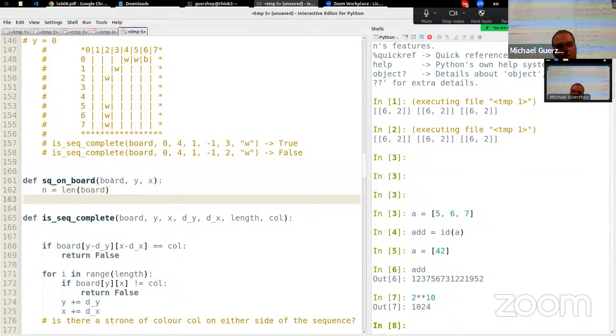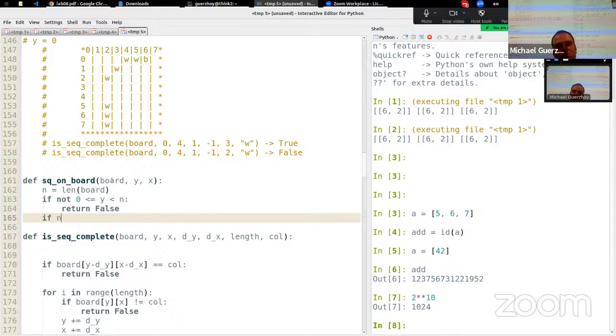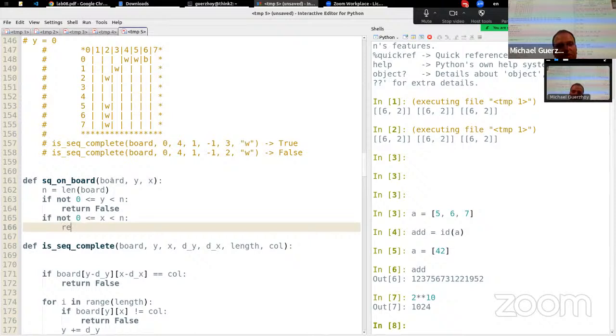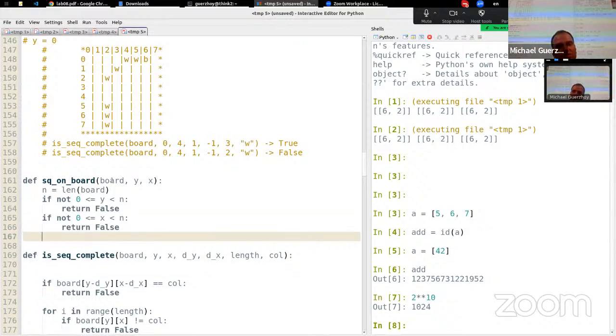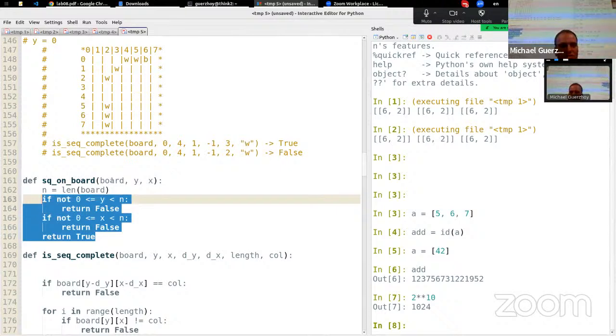I'll check: if y is not between 0 and n, return false. And if x is not between 0 and n, return false. Otherwise, return true. And logic it out like that. Or you can just say,